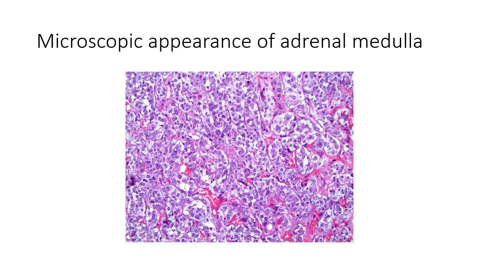And can you appreciate this staining? Here you are seeing more bluish staining, that is the basophilic staining. Why? Because of the presence of a large amount of rough endoplasmic reticulum in it. So for all the layers of the adrenal gland, including the adrenal cortex and the adrenal medulla, the staining, the type and shape of the cells along with their arrangement is very important to understand and identify this slide. Let's move forward.